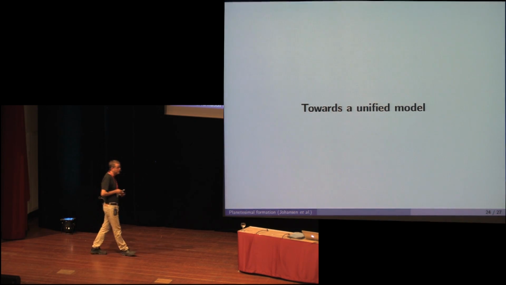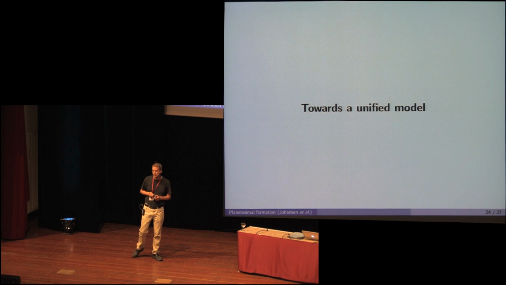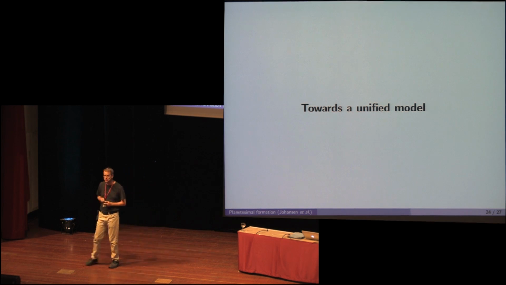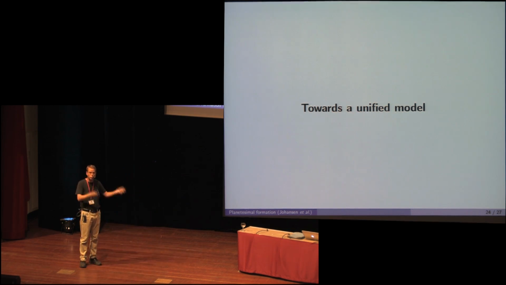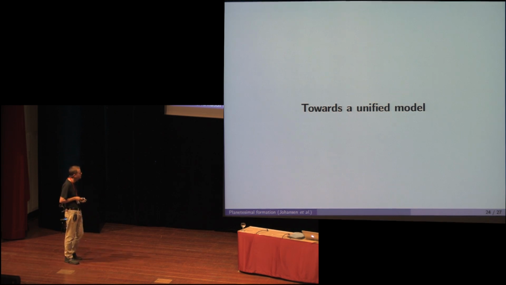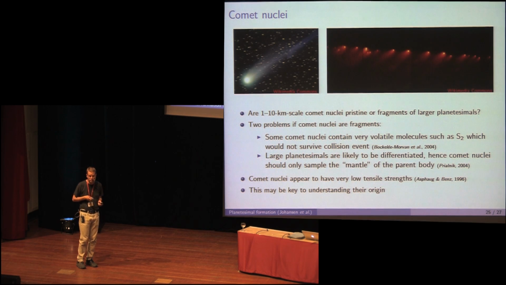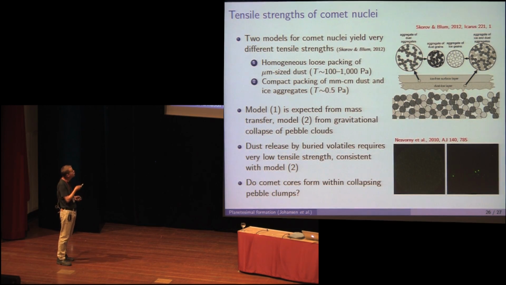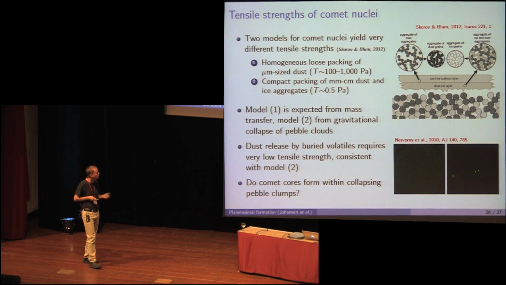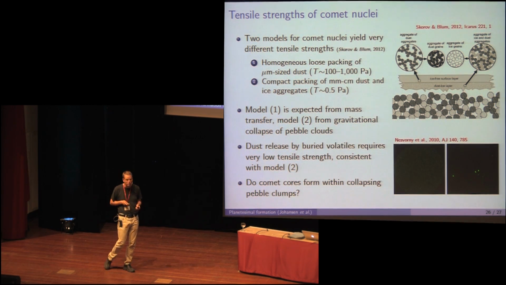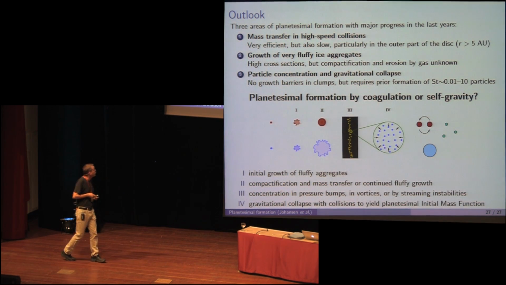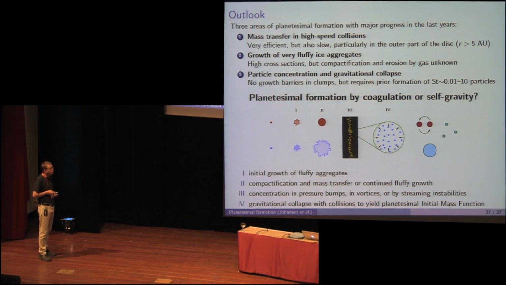Now, in the very last part of the talk, I'll be so bold as to propose a unified model of planetesimal formation, which relies both on coagulation and on particle concentration and gravitational collapse. I'm not going to talk about comet nuclei because I don't have time, but we think there's evidence that even small comet nuclei may actually form by a gravitational collapse of millimeter, centimeter-sized particles. This is a paper by Skorov and Blum, which I invite you to look at, and we will also have this in the review. But I'm just going to come to my concluding slide here and basically propose this unified